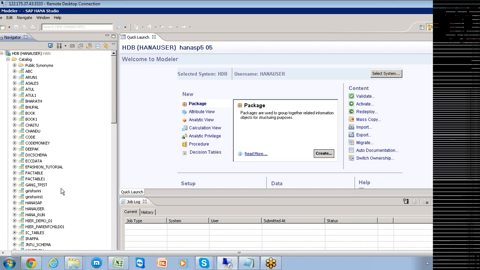You can import or export data into these physical tables with the help of Excel sheets, or with the help of BODS replication, or with the help of SLT replication. You can start replicating the data from different types of platforms into this HANA database. That is what we are expected to do in this curriculum.